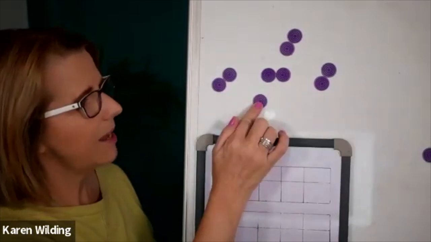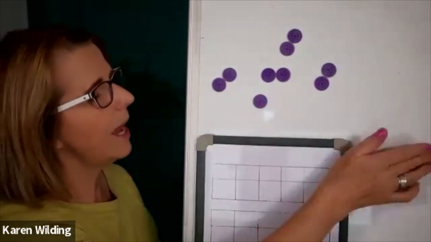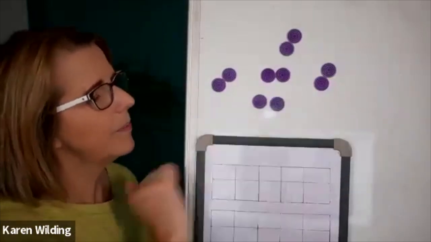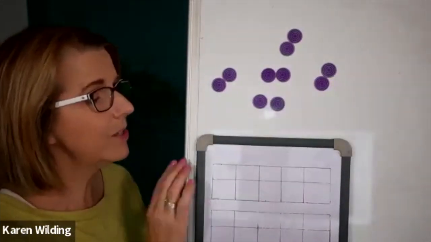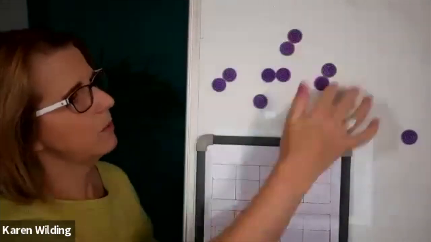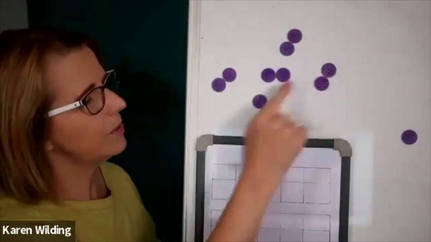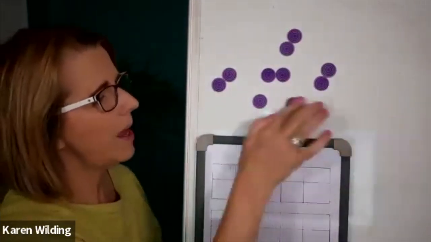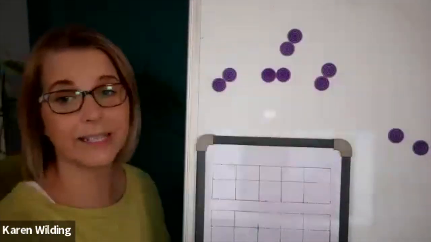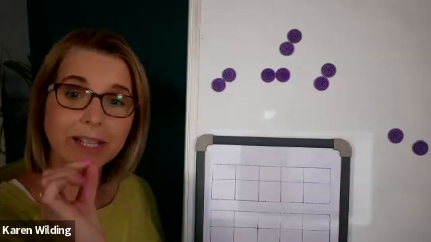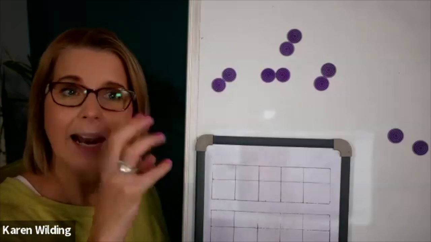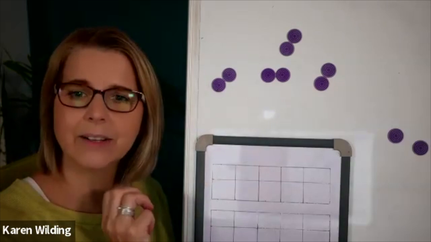This amount here doesn't have 2 as a factor, but if we added 1 more, if this is an unknown number, plus 1 makes it a number that does have a factor of 2. Is that total a multiple of 2? Well, no, because we've got 2s and we've only got a 1 there. Whereas if we add 1, or if we were to subtract 1, the total is now a multiple of 2 and so forth. So that's how that very simple perceptual subitizing allows children later to understand things like factors